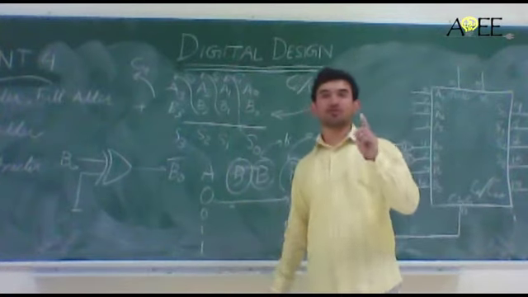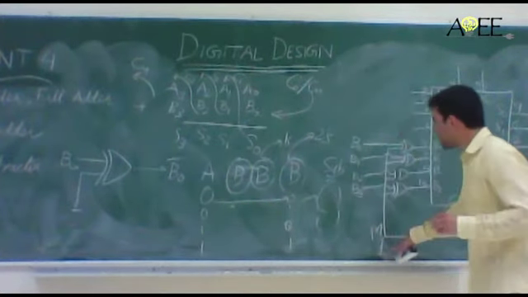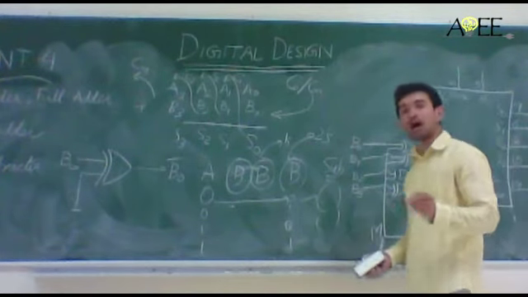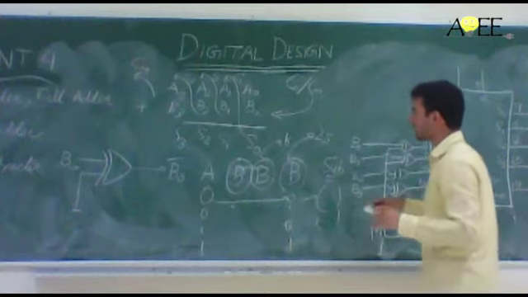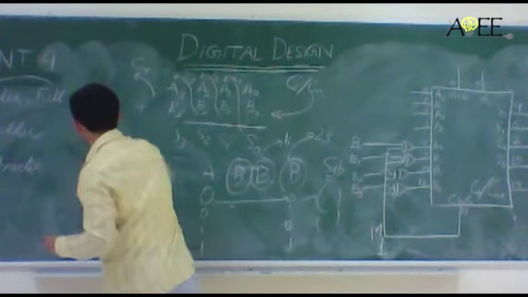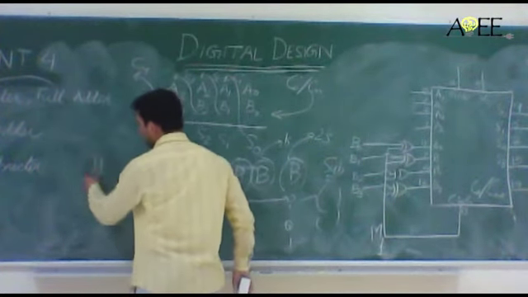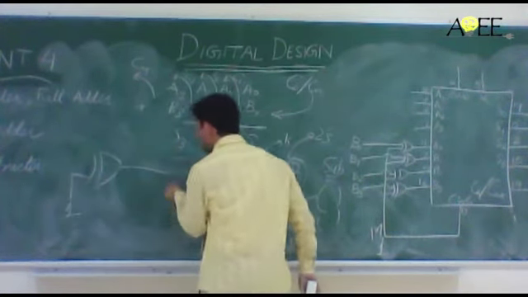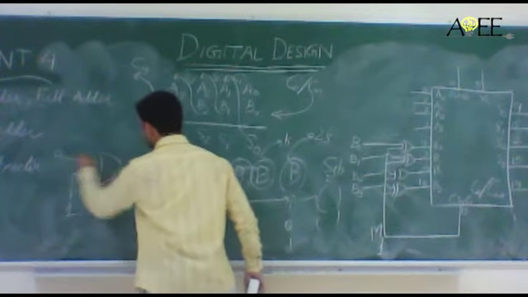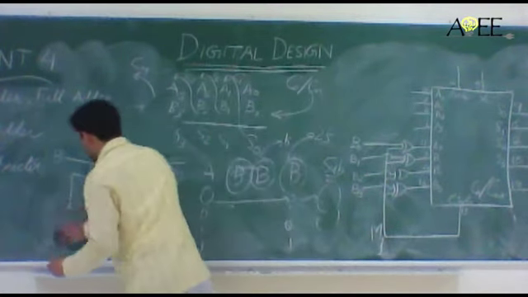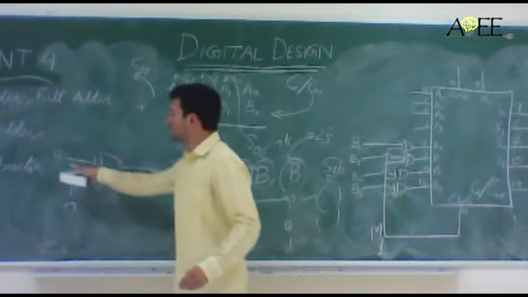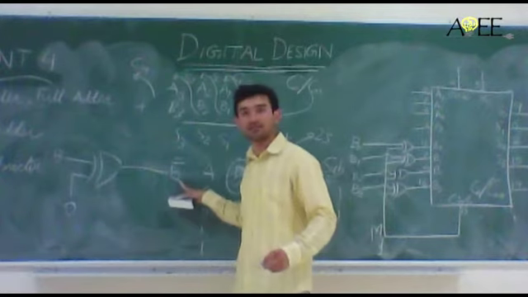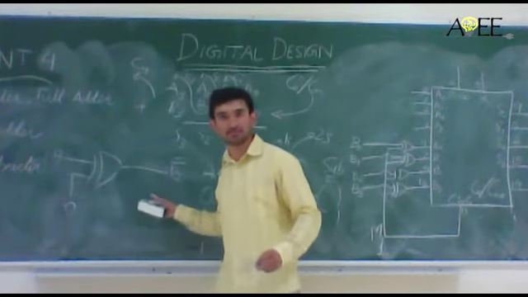In experiment 4, just note one more thing. We took M as 1. If M is 1, that means it is behaving as a subtractor, right? So how does it behave as an adder in the same circuit? We took the idea that if an XOR gate is used and 1 is given to it, then the output is complemented. So if this is B, this is B bar. Now if 0 is given to it, then 0, 0 gives me 0. If this is 1, 0, 1 gives me 1 for an XOR. So I get the same thing back.